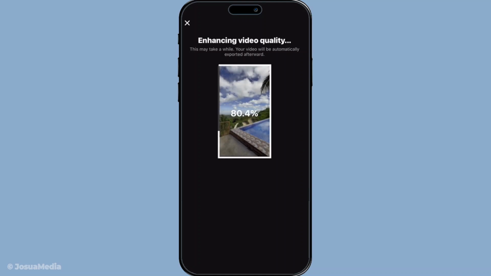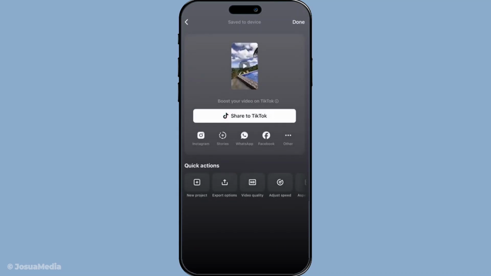Remember, leveraging these settings within CapCut will allow you to showcase your content in the best light, ensuring every detail